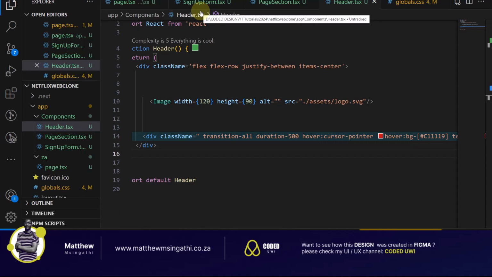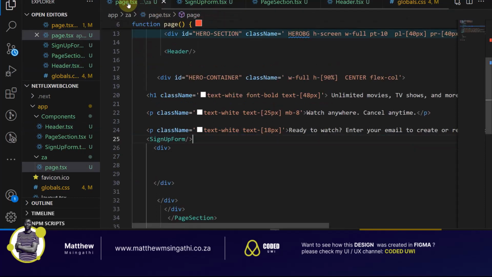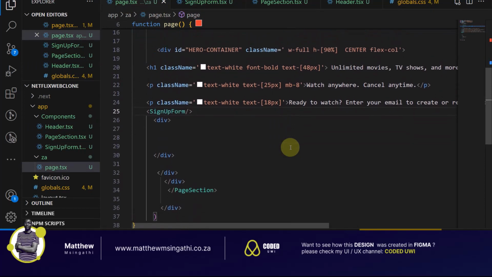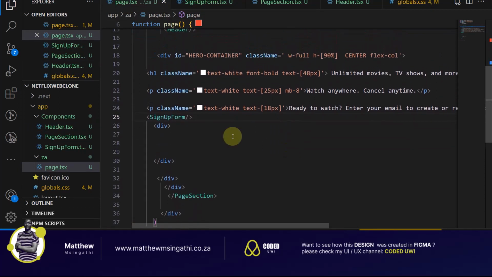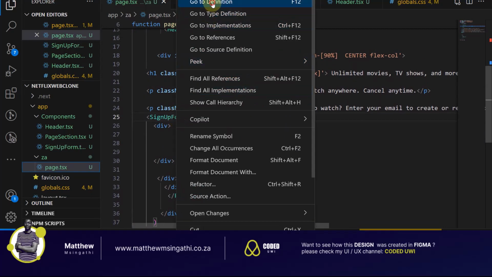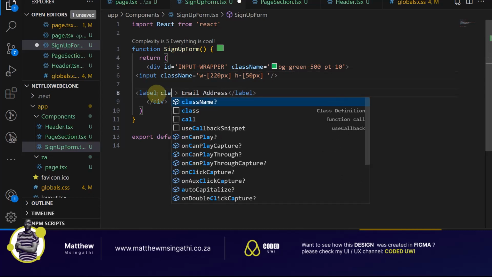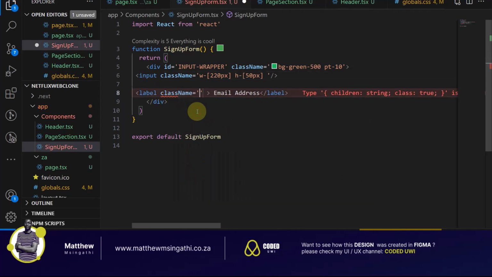For now, let's keep Tailwind, because with Tailwind it's easy to style. You write less code. Let's stick with Tailwind until there is something that doesn't really happen on Tailwind. So I want to be in this page. Where is my input? This is the sign up form. Here it is. So in terms of label, class name,